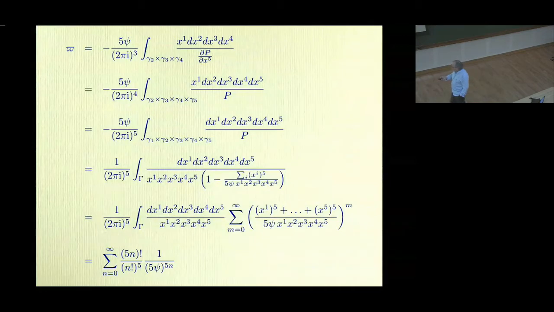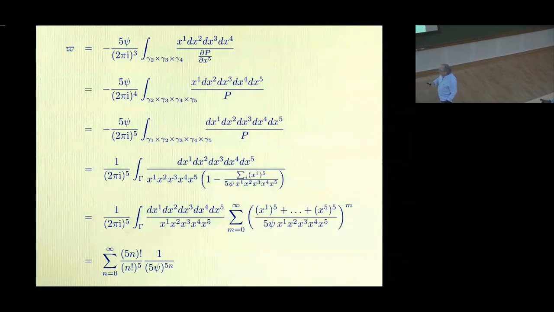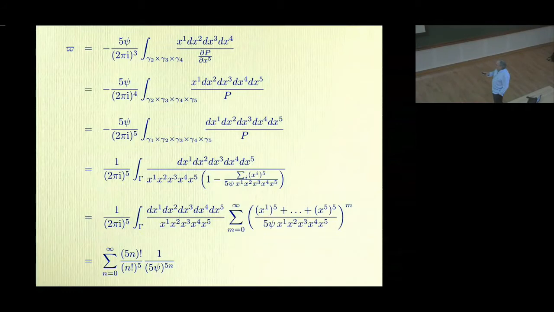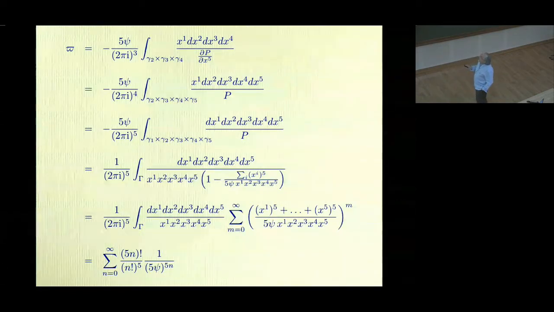So you can check the roots of this equation, and as psi becomes large, one of the roots becomes small and the other 4 become large. So we're going to choose the one that becomes small. Okay, so the first step is easy. We said that we got the holomorphic 3 form by integrating a 4 form around a loop. So we undo that process. We got this form by integrating out over x5.